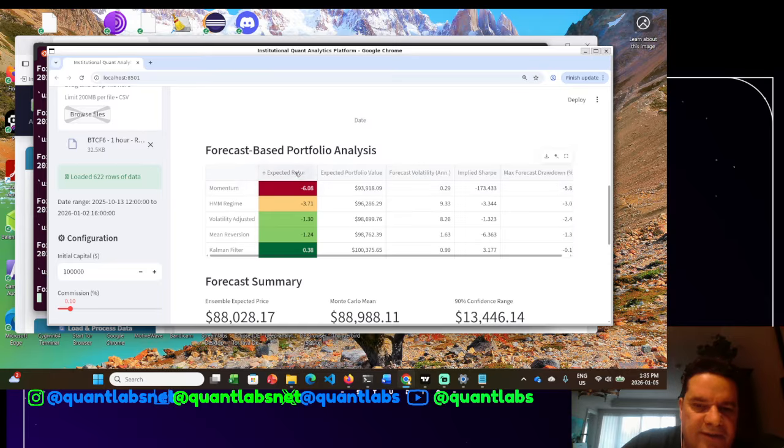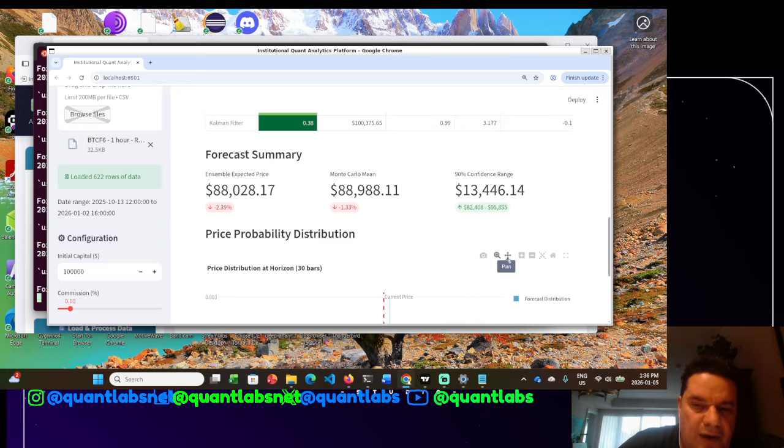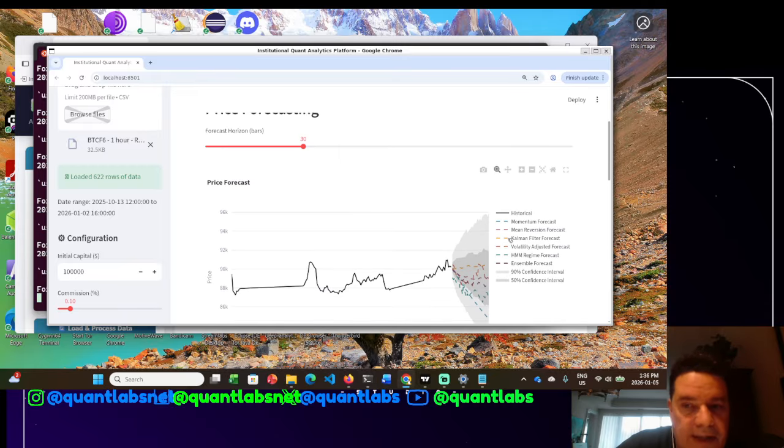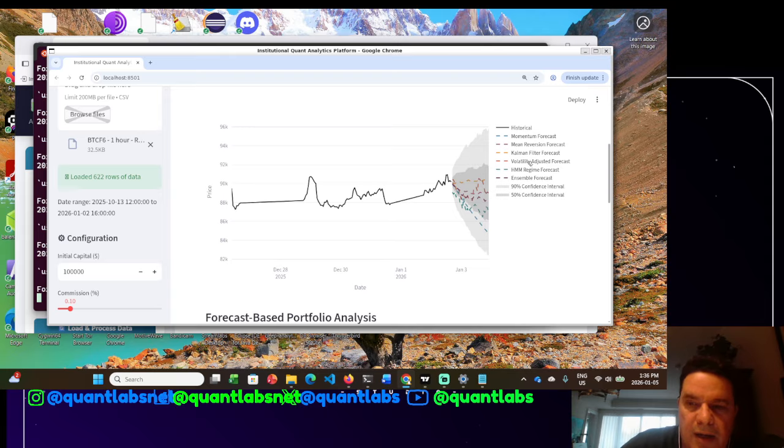So here, expected return, Hellman filter might have been better. Our best performing Hellman filter may have worked with a 3,000, 30, yeah, $375 return, and so on and so forth. Okay, so this is a very powerful application. More importantly is the forecasting. Okay, you can clearly see here we are on the edge of January 2nd. We have here all of the overall, this is going into January 3rd.